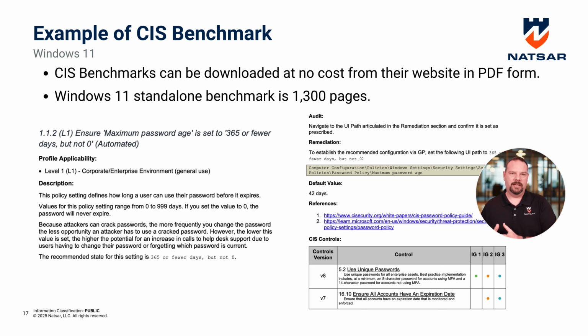And then on the right-hand side, this is all part of the same standard, but this tells you how to go check it. So while there's tools, which we'll go over in a minute, on how to automate this checking, you can also just go to either a registry key or a file system location and check to see whether or not this condition exists on your system. So on the right-hand side, that tells you where to go to check it, what the default value is, what the value should be that you're going to be setting it to if you're going to comply with this benchmark. And then it also tells you which implementation group or IG that this relates to based on how risky